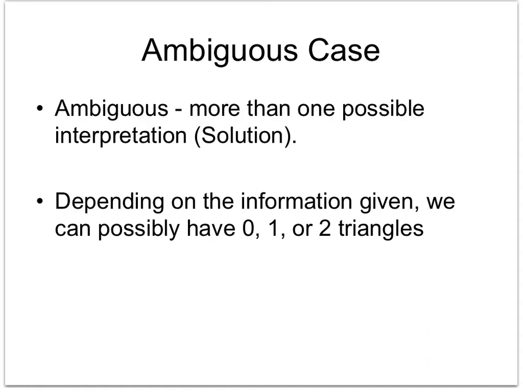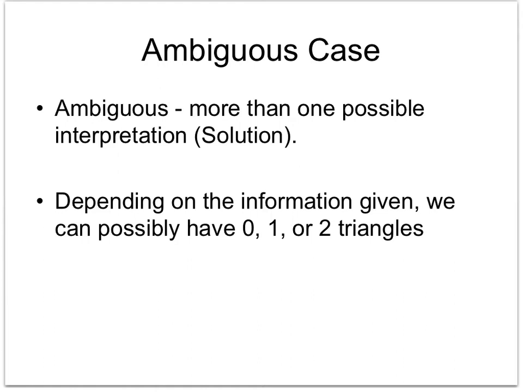Okay, so now with law of sines, we have what's called the ambiguous case, which means that there's potentially more than one possible solution. Okay, so we have to be careful. So we're going to use law of sines. We're going to focus on this idea of the ambiguous case. So you can note here that depending on the information given, we can possibly have no triangles, one triangle, or